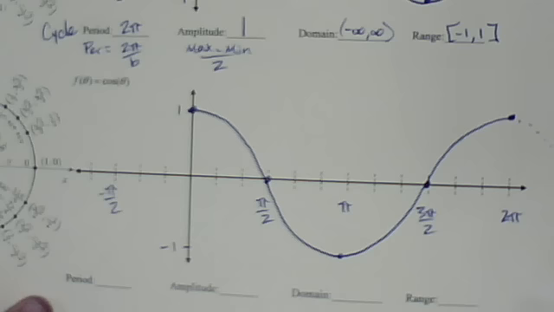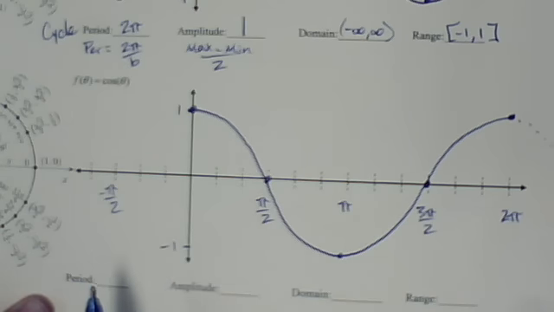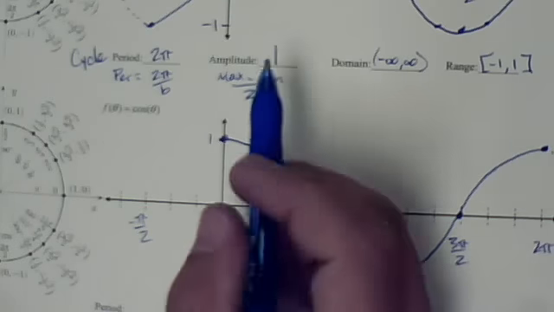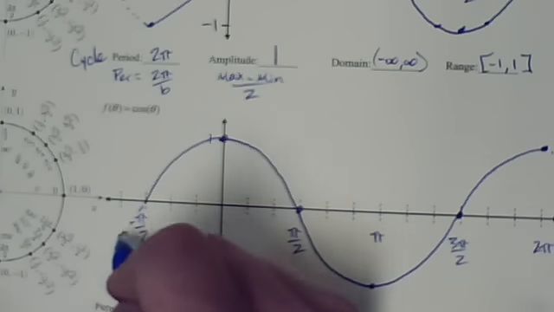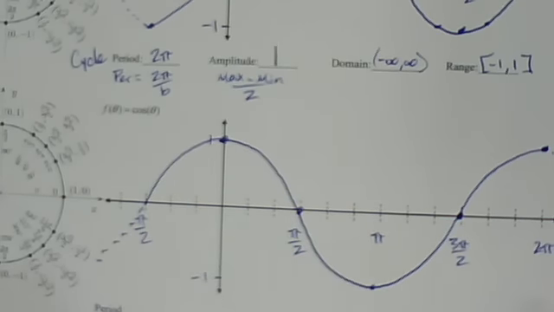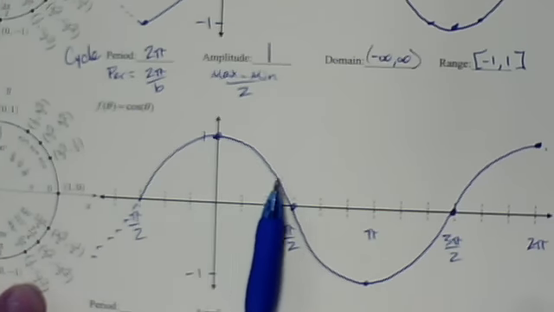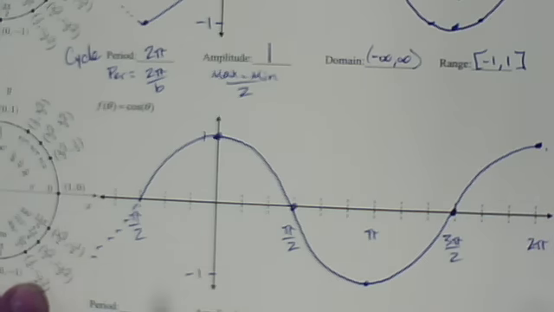I guess it's better to say the y-intercept is at 0, 1, and up here it's at 0, 0. So this graph comes back down, and as you can imagine, it just continues. If I start here at 1 and I go through a complete cycle, I'm back here at 1, and it just starts over, and does it again, and again, an infinite number of times. So again, for this one, the period is also 2 pi